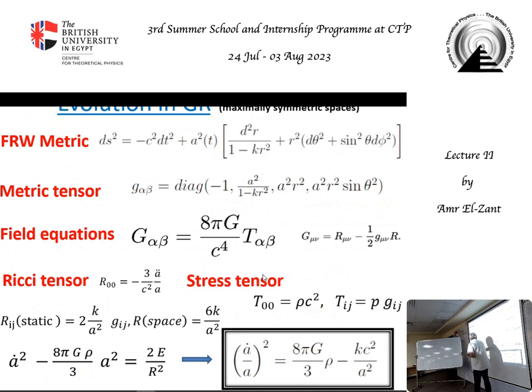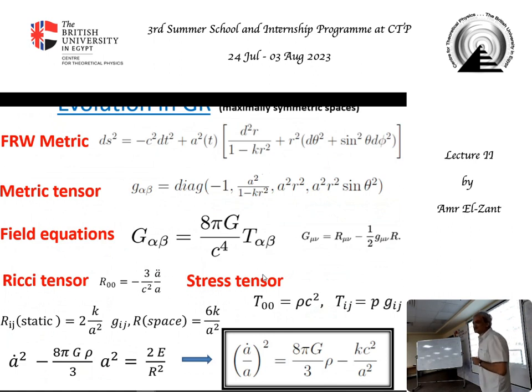Static means I'm taking the time derivative to be 0 to show you where the spatial curvature comes from, because there are other time components in this thing, but I'm taking the space one. I'm just doing a static case for the Rij, to show where the curvature comes from. It comes from the space one. And here we go. It turns out this is our constant.